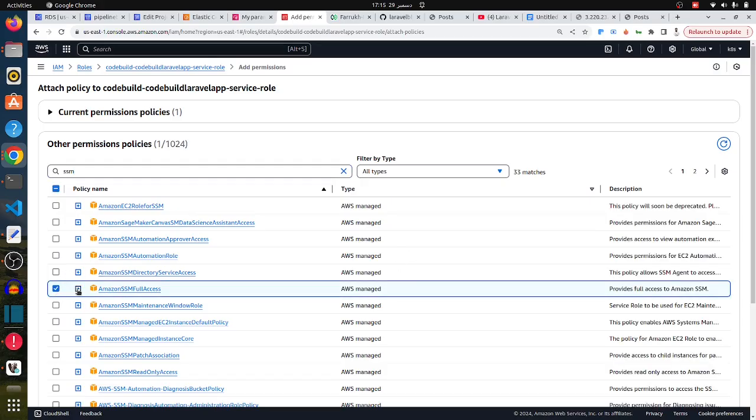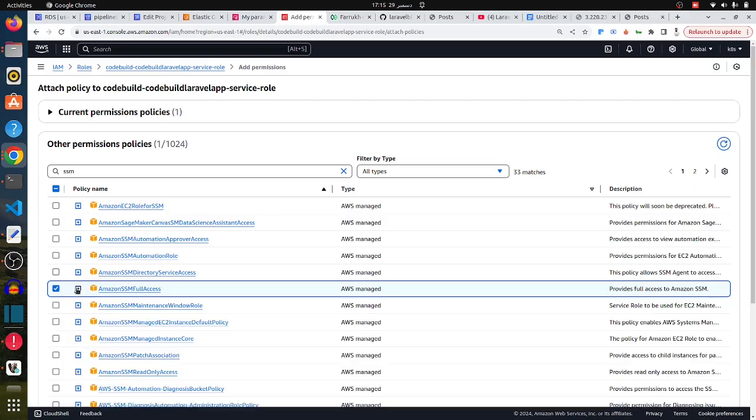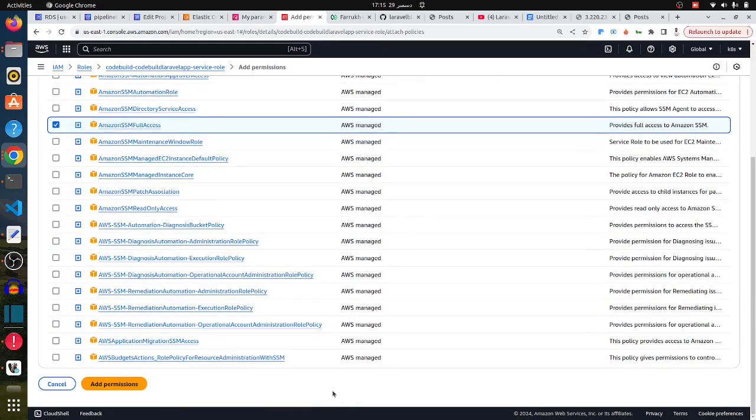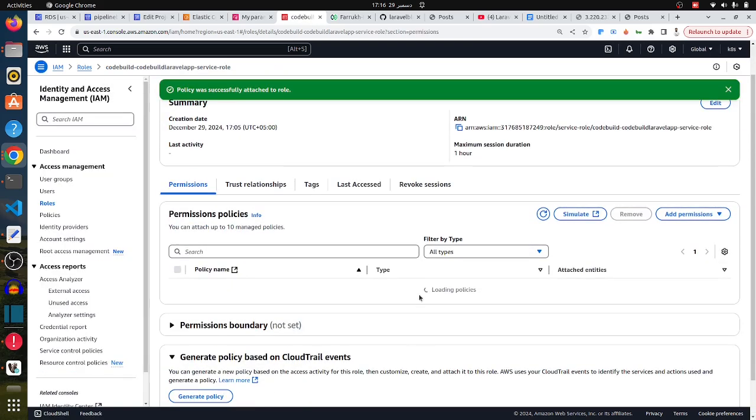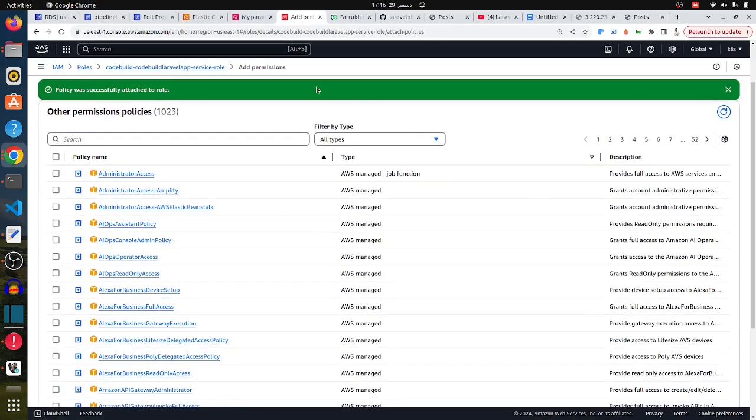See, full access is not recommended, but I'm being lazy. You actually just need read access, and whatever exact access is required, you just put that. But for the purpose of this video, I'm adding the whole thing here. So SSM parameter full access has been added to this role, and then the next thing